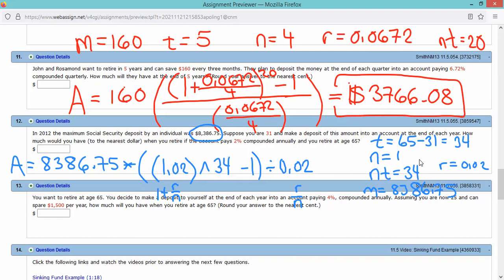Times 2 parentheses, 1.02. I probably don't even need that parenthesis, but it's just a habit. Take away 1, end parenthesis, divide by 0.02. And I get